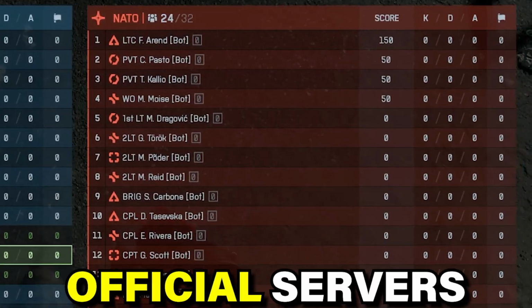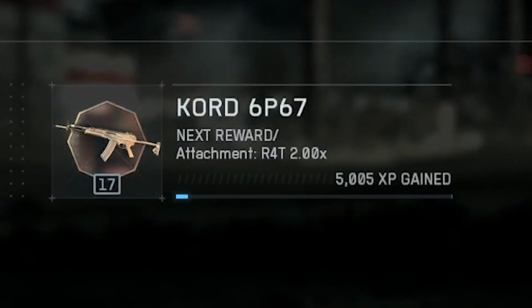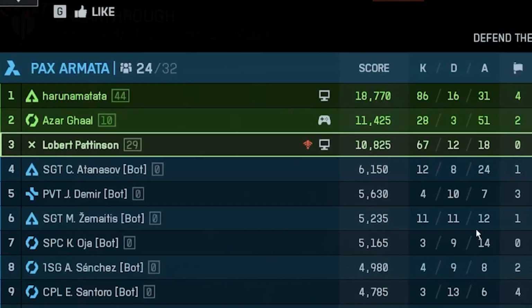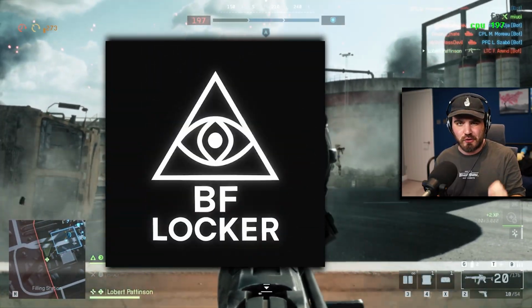Today I'm going to show you how you can get Battlefield 6 bot lobbies on official servers, so no Portal needed. Also, you can rank up very quickly, get your challenges done, and overall get a ton of kills game to game. And to let you know as fast as possible, this is all possible thanks to BFLocker, a brand